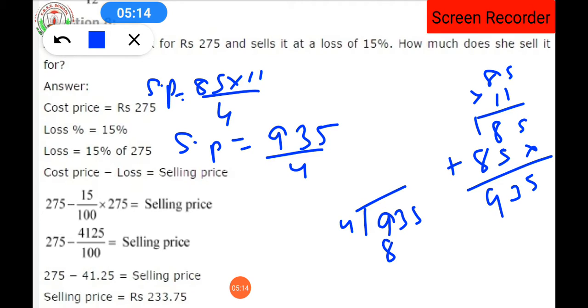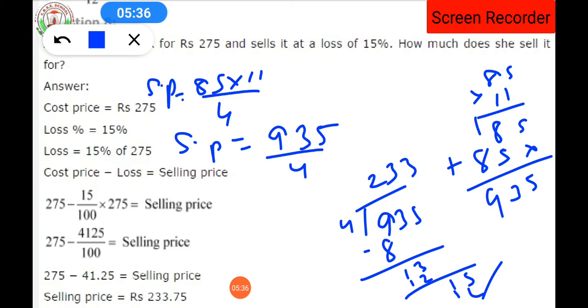So 4, that means 8 we can take 2 times. 1 minus 13, 12 we can take how many times? 3 times. Again subtracting 13 minus 12, 1 will be left, 15 is there. We cannot take 16 as it is greater than 15, so we are going to take again 12. So here we will get again 3. So 15 minus 12 will be equal to how much? It will be equal to 3, isn't it? So 3 we are having.